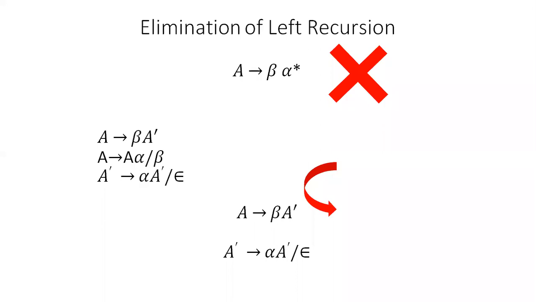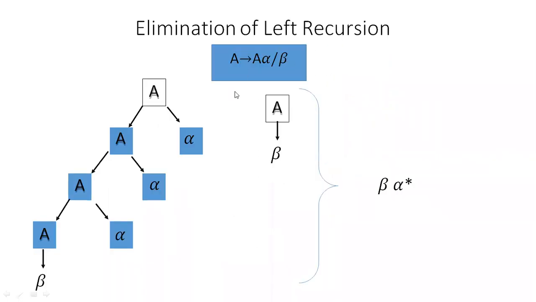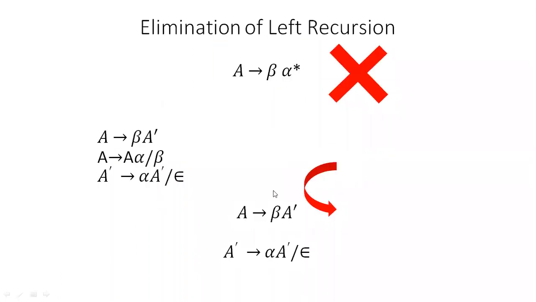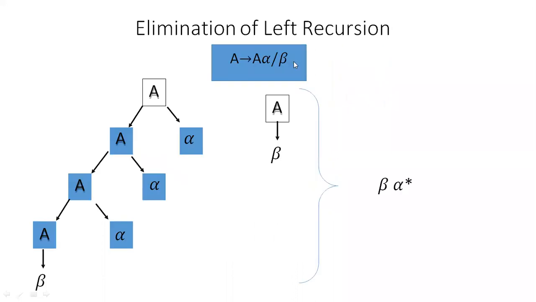That means to make it a finite loop, what are the productions, the syntax rules, that we are using for eliminating the left recursion. If the rule is in the form of A tends to A alpha or beta, then modify that rule into A tends to beta A dash. A dash is a new variable, right? And define A dash tends to alpha A dash or epsilon. This is the modified grammar for the given grammar A tends to A alpha or beta.